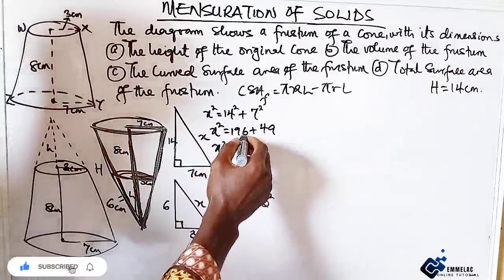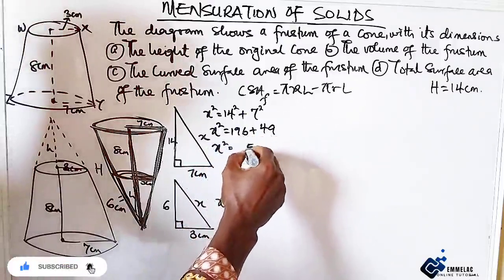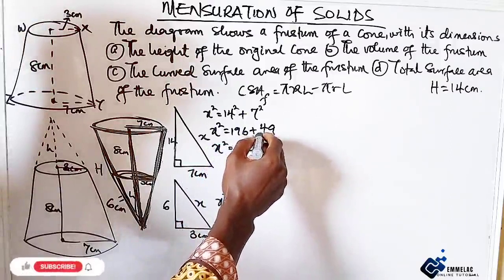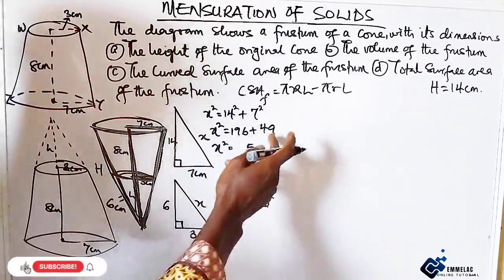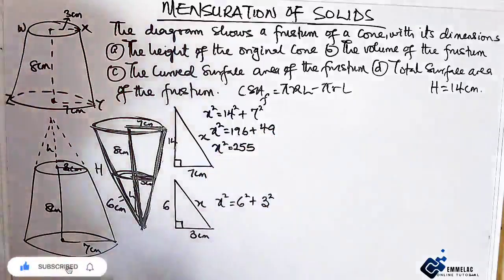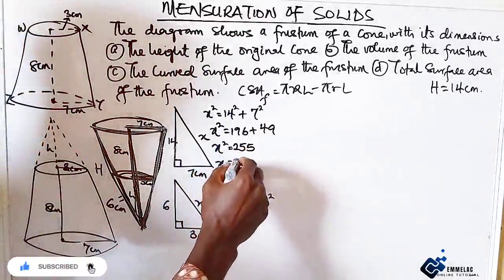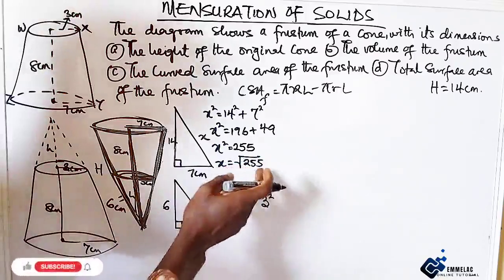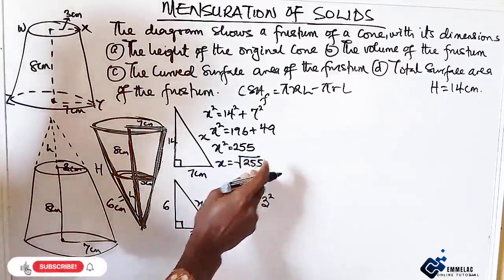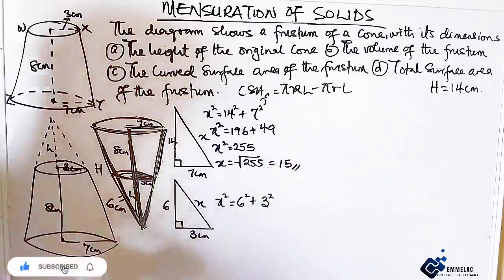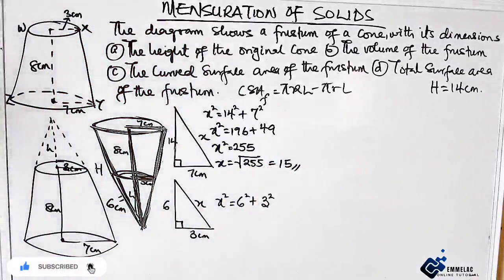Now this should be 6 plus 9, here is what? 15. This is 9 plus 4. 9 plus 4 is 13, plus 1, 15. So automatically we'll find the square root of 255. Alright, let us take the positive value of x, which is what? 15. Okay, alright, and as such again, let us also find the value for